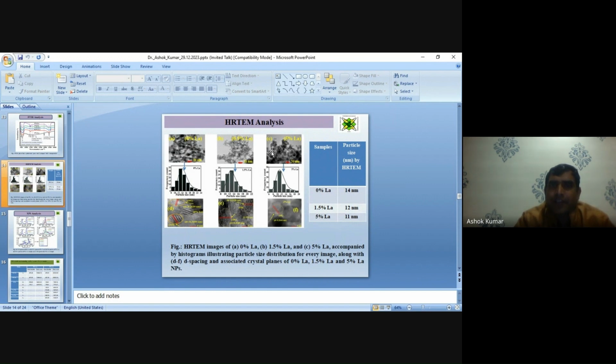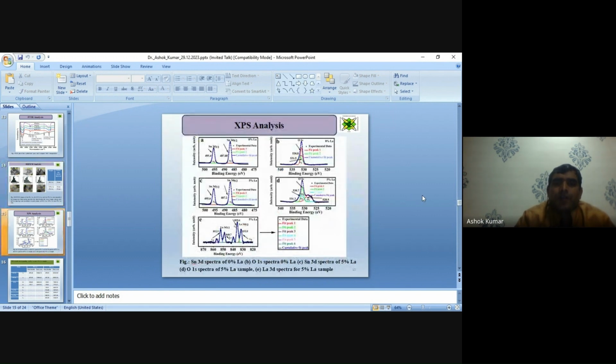Particles are spherical in nature. The particle size we have calculated lies between 11 to 14 nanometers, and we have a narrow size distribution of the particles. From higher resolution images, we have calculated the interplanar spacing for the plane, and the d value is the same as we calculated from the XRD pattern. So the replacement of Sn by La ions and